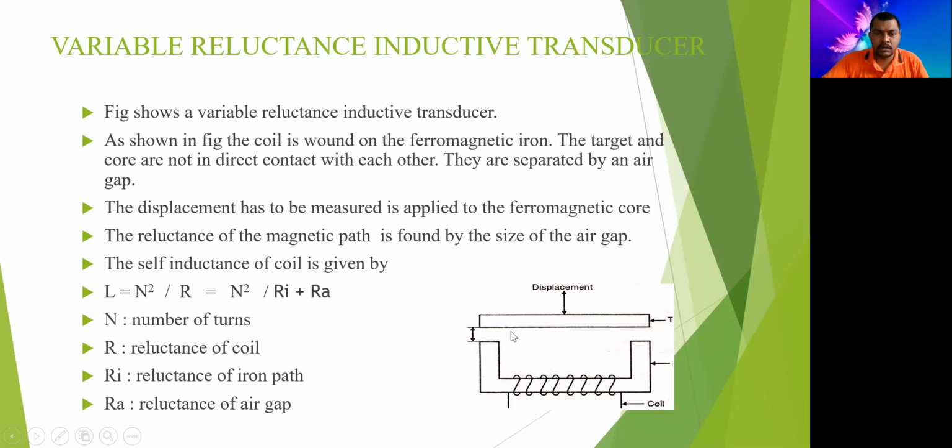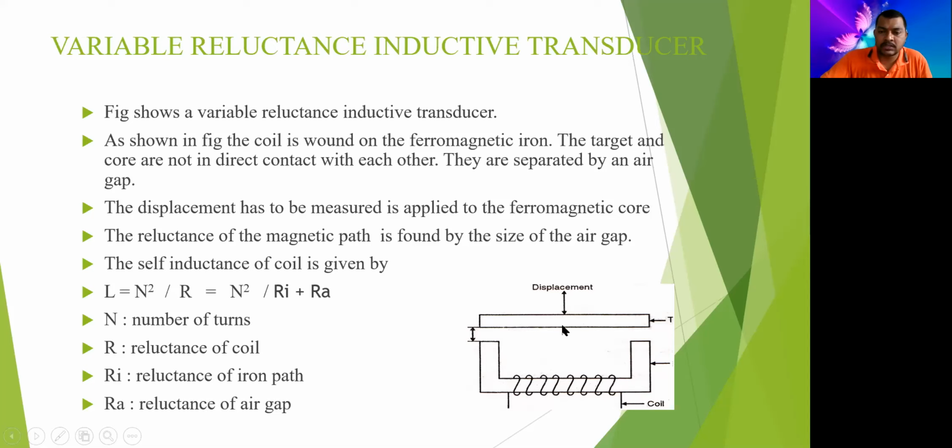ये जो air gap है इसको हम लोग कम ज्यादा कर सकते हैं। The self inductance of a coil is given by L equal to N square by R, and therefore we are having another formula, that is N square by Ri plus Ra, where Ri is the reluctance of the iron part and Ra is the reluctance of the air gap. ये जो रॉड है, ये रॉड हम लोग अभी यूज करने वाले हैं और इसको ऊपर नीचे करने वाले हैं। इसके कारण इसका जो ईएमएफ है वो फिर से वेरी होने वाला है, जैसे परमेबिलिटी में हम कॉइल के बीच का मैग्नेटिक फील्ड चेंज कर रहे थे, अब हम बाहर का चेंज कर रहे हैं।